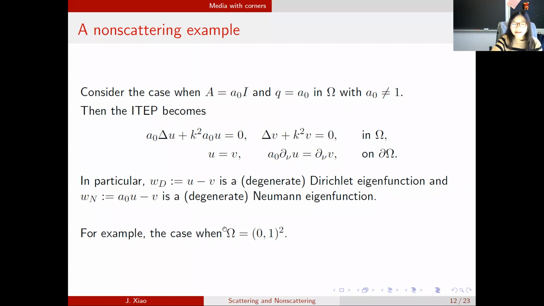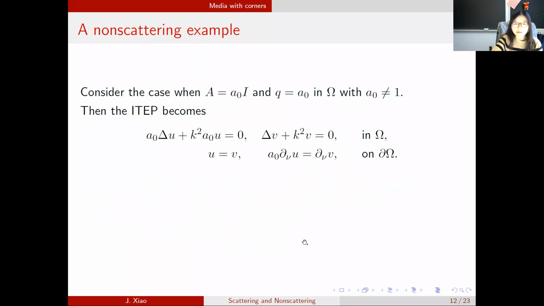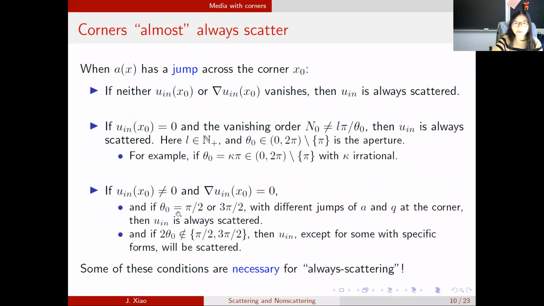So this example is what I mean. Here is when the coordinate is pi over 2. So this actually gives a kind of counterexample for this condition. Suppose A and Q are not different, I mean, they have the same jump. Okay, and this